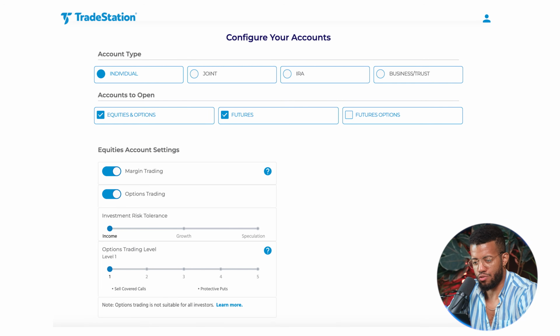There is a page here. I'll just take a snapshot of this. Okay, so on this page, I just took a snapshot of it. You want to make sure that you have individual selected. Okay, you probably don't need a joint account. You don't want to do an IRA necessarily. If you're just starting, which I imagine you are if you're following along in this video, just choose